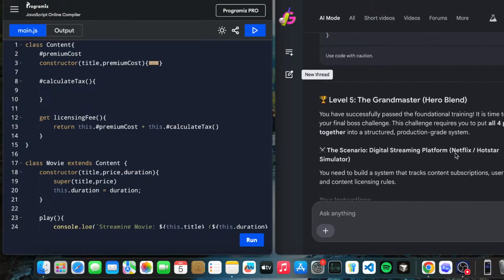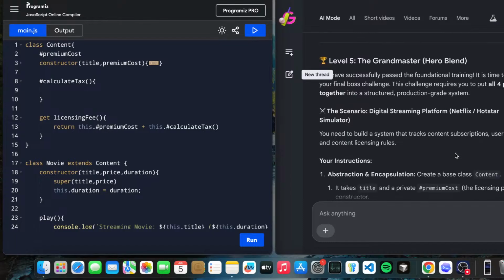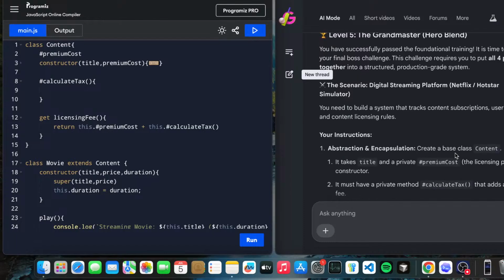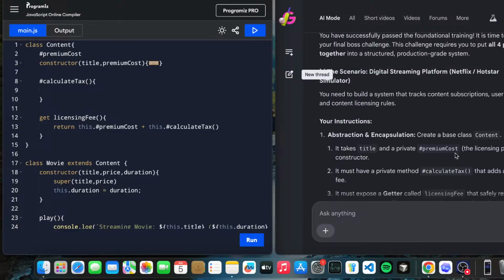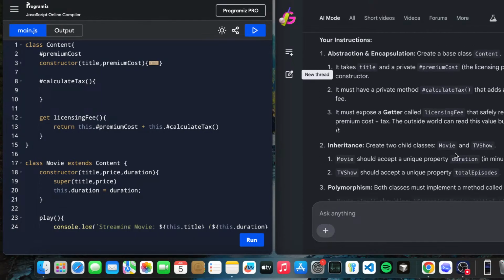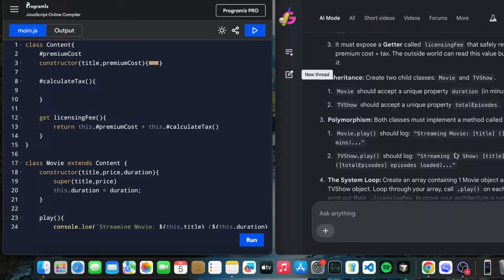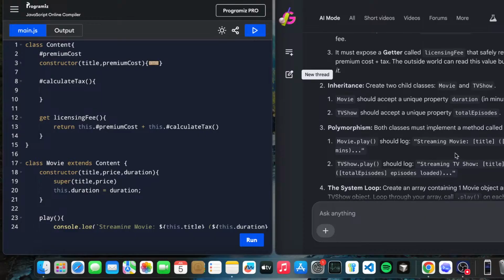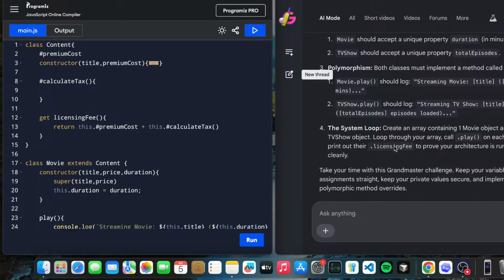So basically we are creating an OOPs concept project, and in that we are dealing with all 4 pillars of the OOPs concept: encapsulation, inheritance, abstraction and polymorphism. But in this question we are stuck on the licensing fee. We have created a getter function, but how are we going to calculate tax?